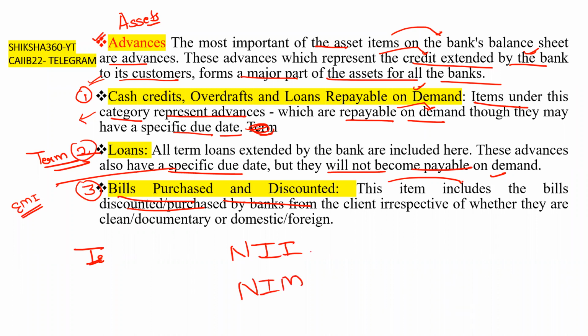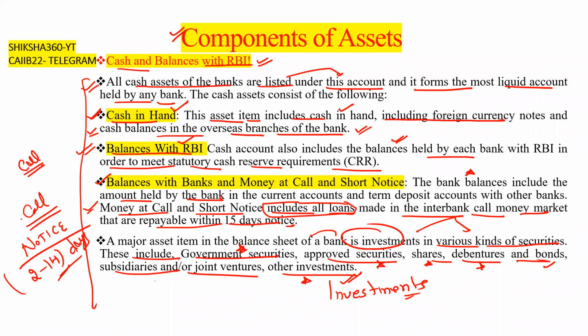And you will definitely get 2 to 3 mark questions from this chapter, directly straightforward questions. They will ask what to include under the components of assets and what to include under the components of liabilities. These types of questions come in your examination, which we will also discuss in your